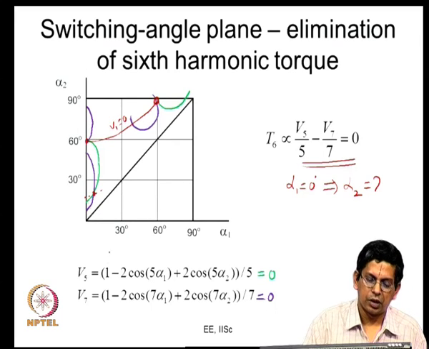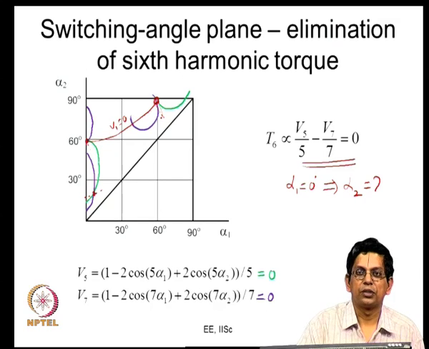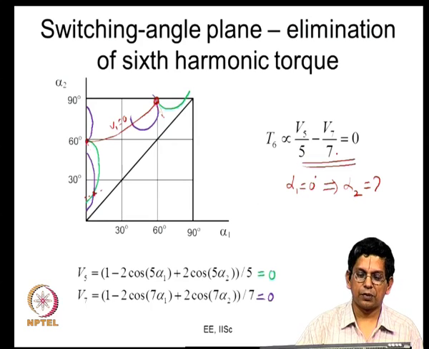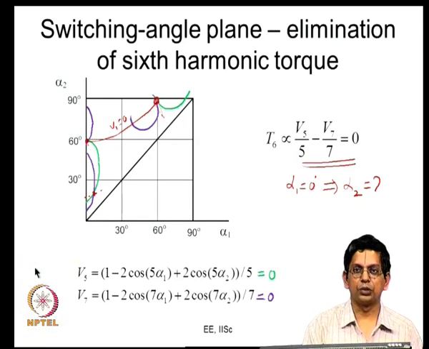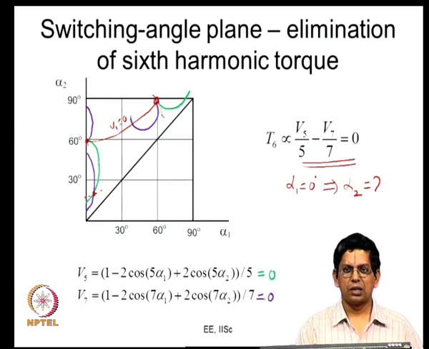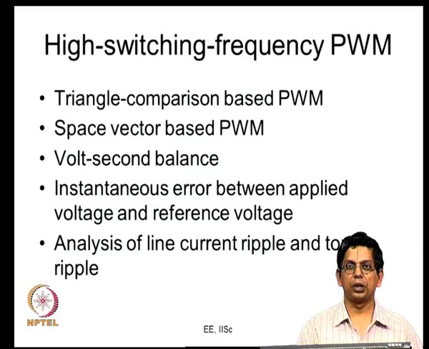So, you have these points, but you will also get some points in the neighborhood. You will get a few points in the neighborhood certainly, which satisfies this V5 by 5 minus V7 by 7. I would certainly encourage you to solve this and try. So, these are all some points where you get. So, you get some feel for what can be done and how things can be done and so forth. So, this is about how you can eliminate that. It is a very simple exercise, but it is to enhance our own understanding of how things change and how it works and how you can eliminate harmonic torques.